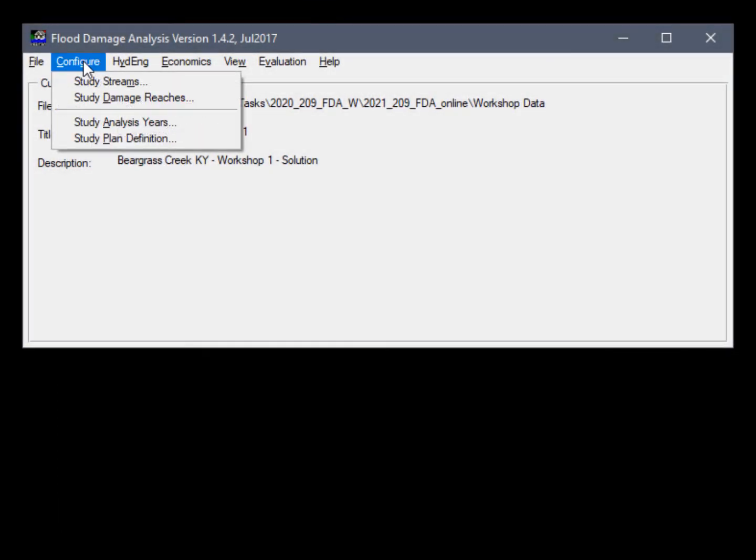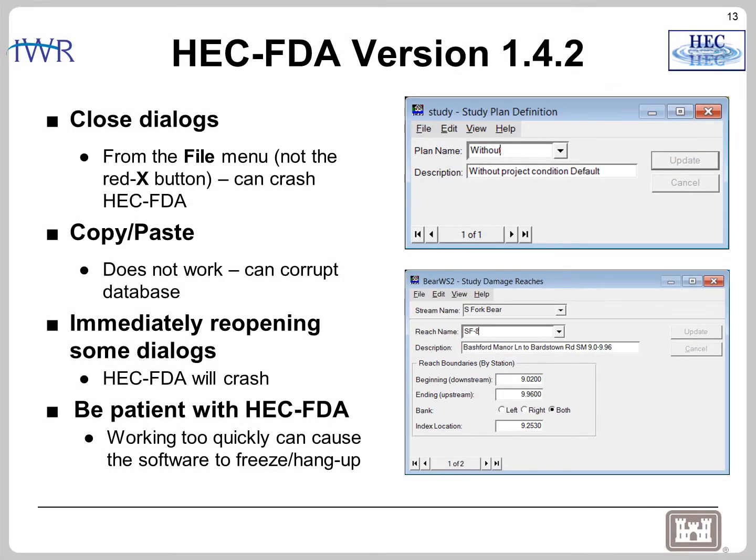Let me give you a brief demonstration. We just had the plan definition dialog open, so we shouldn't reopen it. And this is what happens when you do. FDA just crashed. A few other tips I'd like to provide you about using HEC-FDA version 1.4.2 is when you're